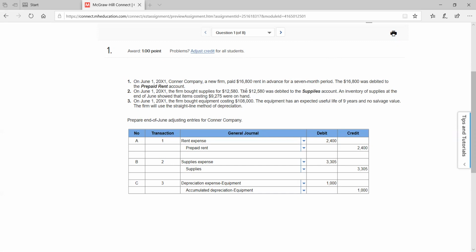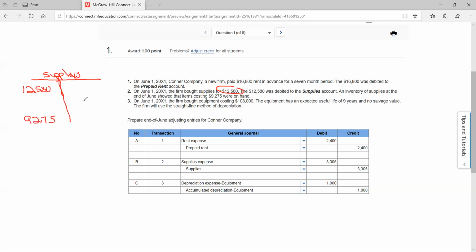Second one, June 1st, they bought some supplies for $12,580. They debited supplies. Inventory at the end of the month showed $9,275 are on hand. That's basically, let me just give you the T account picture on this one. They're essentially saying that you have supplies in your ledger showing $12,580, and that that should actually be